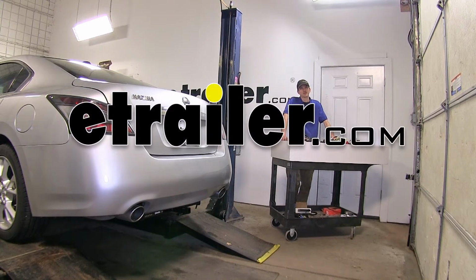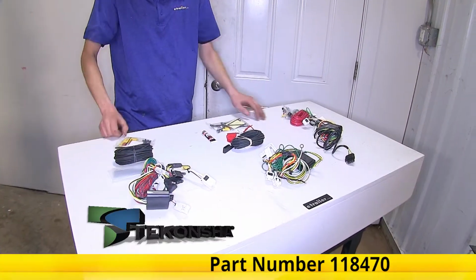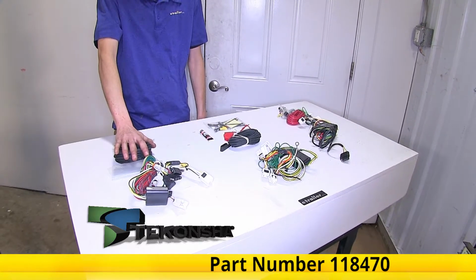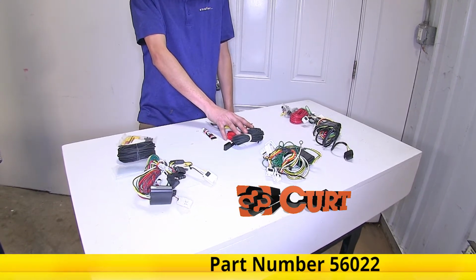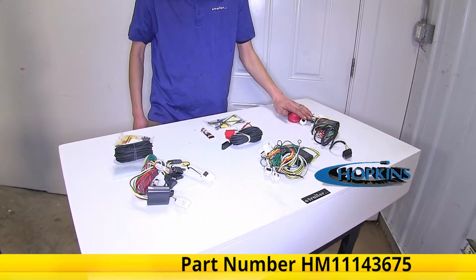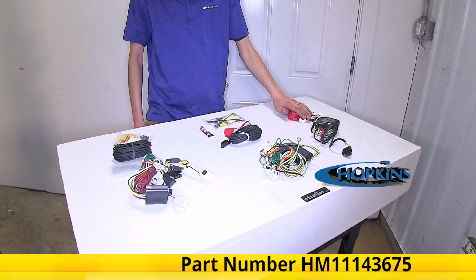Today in our 2014 Nissan Maxima, we'll be having a look at our best trailer wiring options. Okay, we have 3 wiring harnesses here today. This one here is our Tekonsha T-One, part number 118470. This one is our CURT T-Connector, part number 56022. And then this one is our Hopkins Plug-In Simple wiring harness, part number